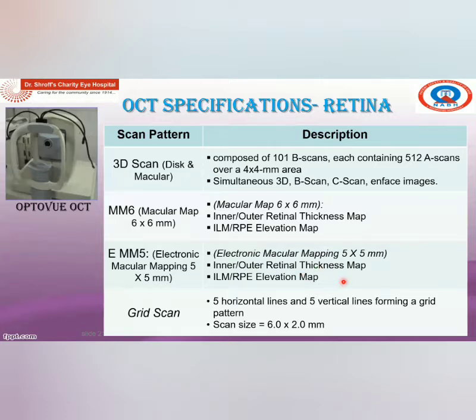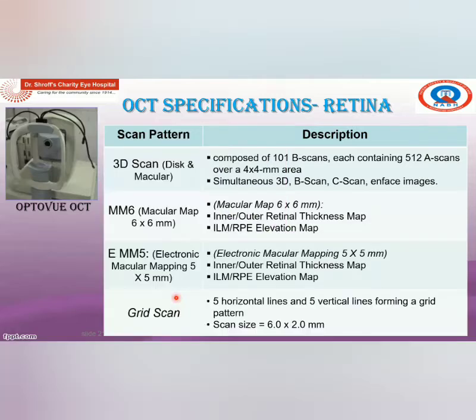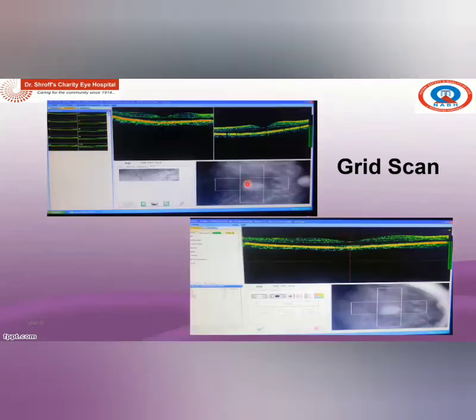The most popularly used scan is the grid scan. Grid scan basically takes 5 horizontal lines; line scan, cross line scan, radial scan, raster scan, all of these come in the grid scan. So we basically go for grid in practice. This consists of 5 horizontal lines and 5 vertical lines forming a grid pattern. As we can see in this picture, this is the grid. I'm making 5 lines here, 5 lines here. Suppose we take one single line, one line scan comes here.